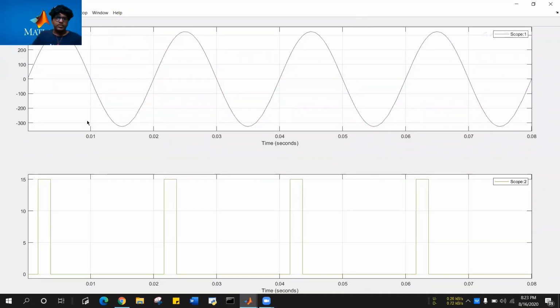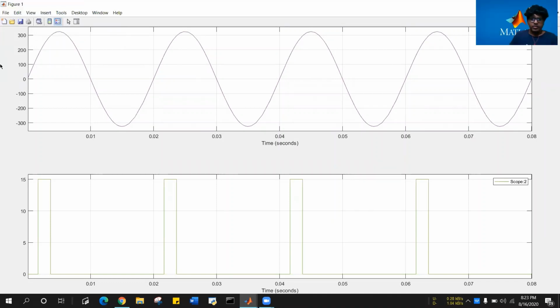So upon maximizing, we get this kind of a figure. As you can see here, this is a snapshot. So now we are going to edit this. As you can see, the line is pretty thin. I need it to be a little bit darker.